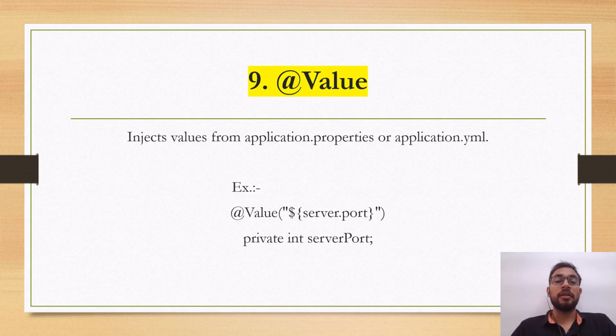@Value. It is used to inject values from application.properties or application.yml file. For example, we want to inject the value of server port which we define in the properties file. So we write private int serverPort and use annotation @Value and pass the name of the field server.port. Last one is 10th,